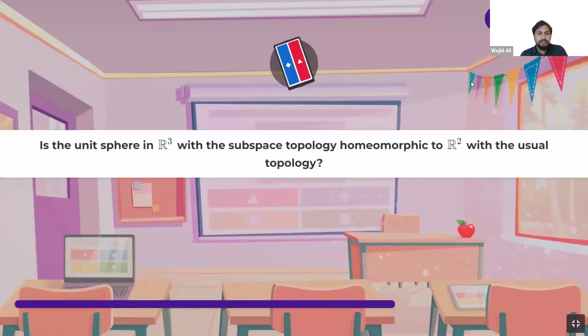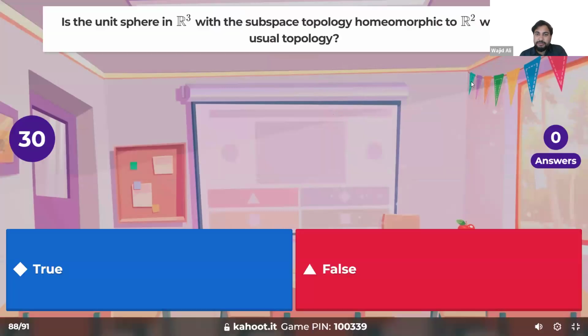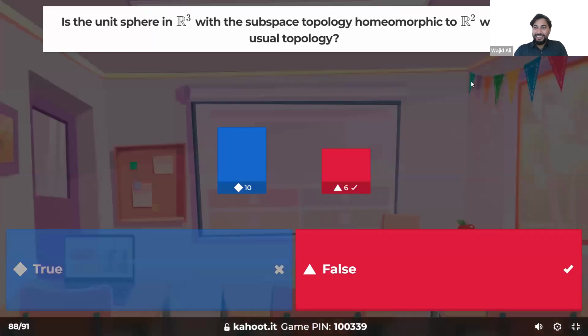I think this is the last or second last question. I think they should make this correct. Answer it correctly. I will give a hint at the last second. There is 3 and 2 in the dimension. Okay.